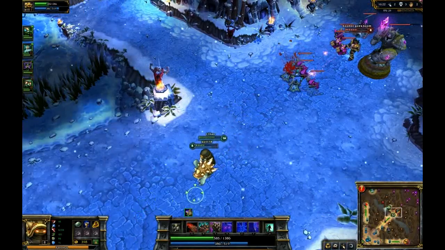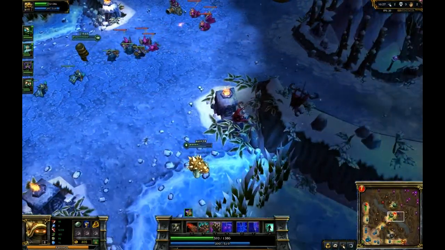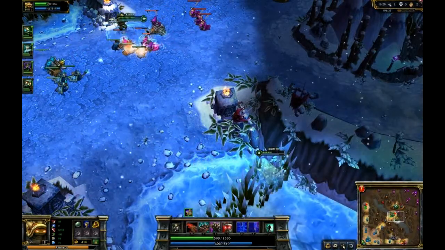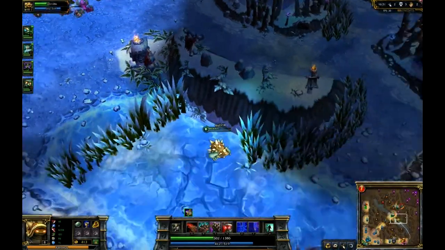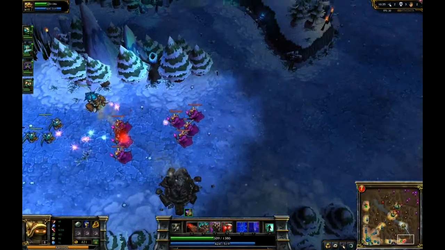But, of course, with Rammus, there are plenty of boot options. The Ninja Tabi is an excellent choice as well. It increases your armor and your dodge, and helps you be a lot more tanky against physical characters. And the Mercurial treads are always...